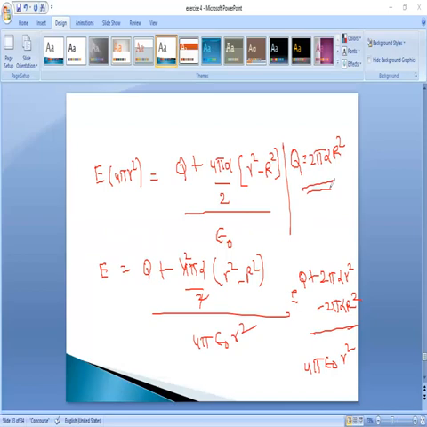Then in this particular case, Q is equal to 2 pi alpha into R square. I think that is the question. The question is, finally you have to calculate the charge Q only, no? So finally the charge Q is equal to 2 pi alpha R square only. Okay, that is the answer for the charge enclosed by that sphere.